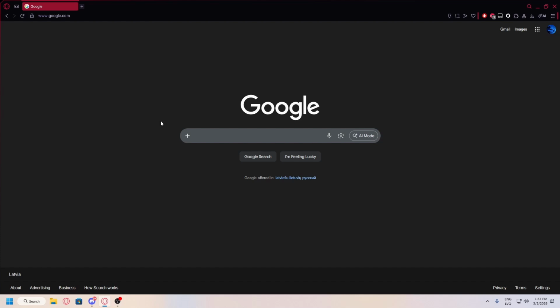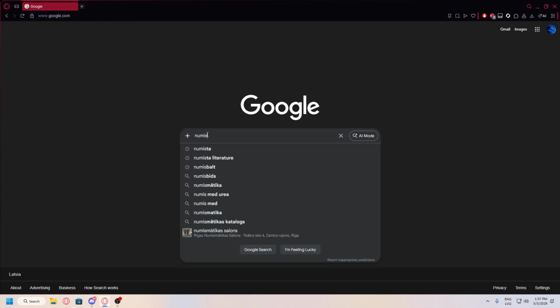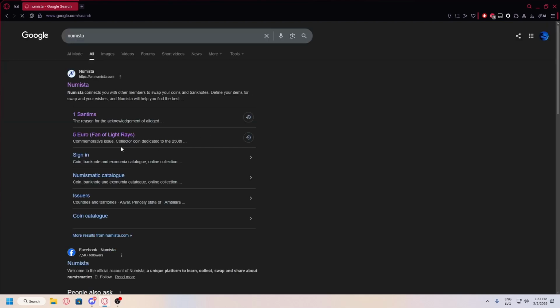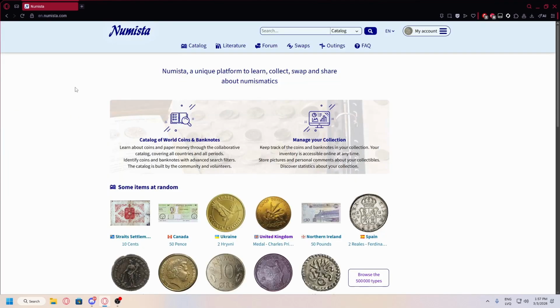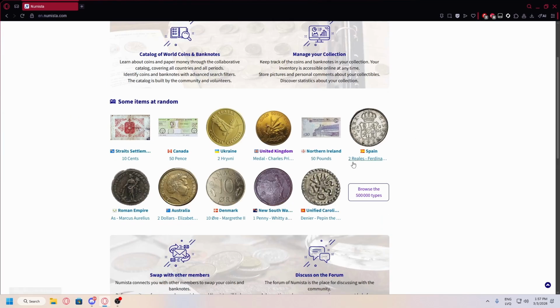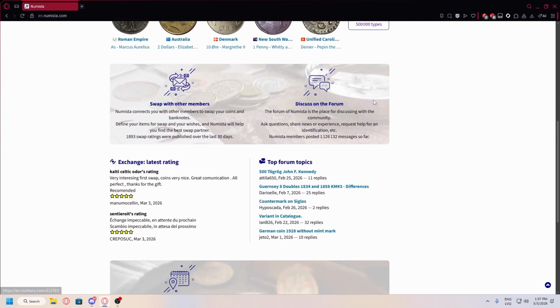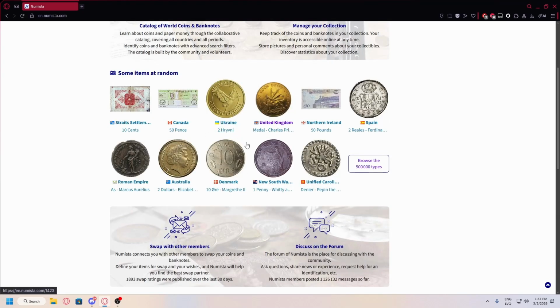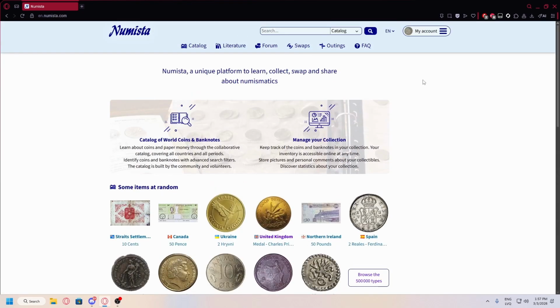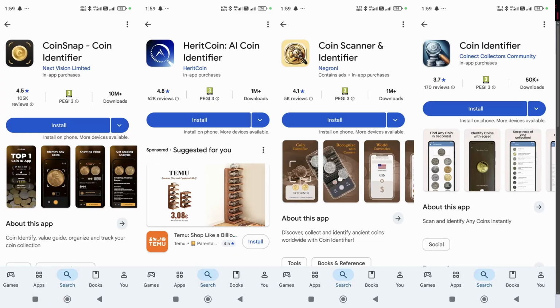So yeah. And in order to identify all of these, we will be using one website, and that website is called Numista. So we can just type Numista in Google and it will be the first result that comes up. And Numista is basically the biggest online numismatics catalog of coins, banknotes, medals, basically everything that you need. And if you are currently using one of those coin scanning apps that is supposed to identify the coins,